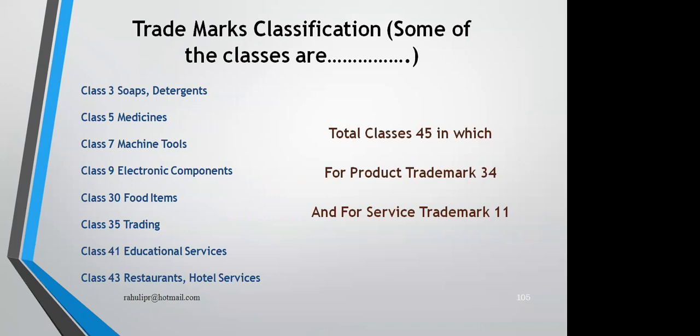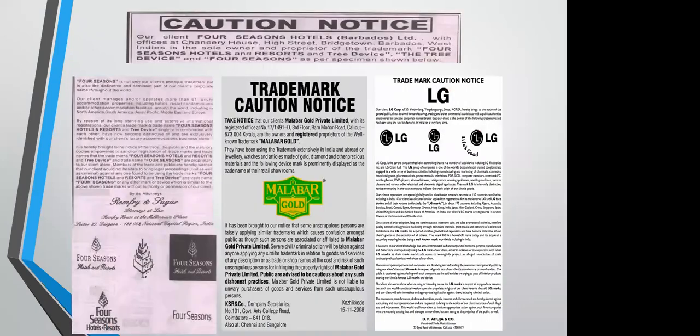There are 45 classes of trademarks. If you want to file a trademark application for soaps, then you have to submit your application class 3, for medicines class 5, for machine tools class 7, for electronic components class 9, for food items class 30, for all type of trading comes under the class 35, education services class 41, restaurant services class 43, and legal services class 45. There are a lot of caution notice in the market to just aware the public about the trademark,